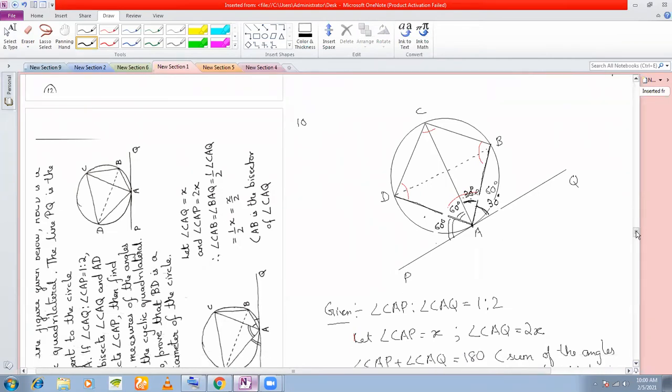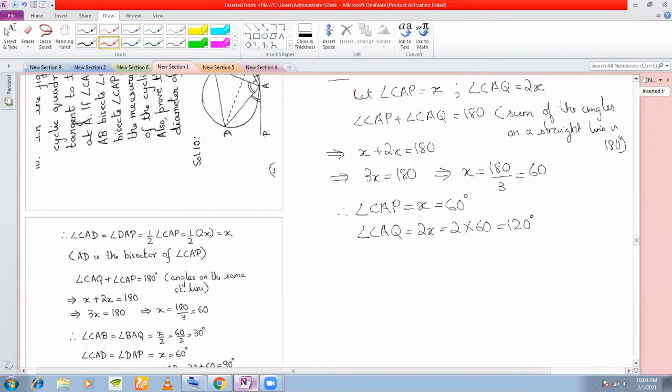Now there are certain observations that you must make in this question. We need to find all the angles of the cyclic quadrilateral. More than writing, it is the observation that you must concentrate on here. First of all, we have found one angle of the cyclic quadrilateral. What is this angle? 60 plus 30, which is equal to 90 degrees. So let us write angle BAD, or simply angle A of the cyclic quadrilateral.